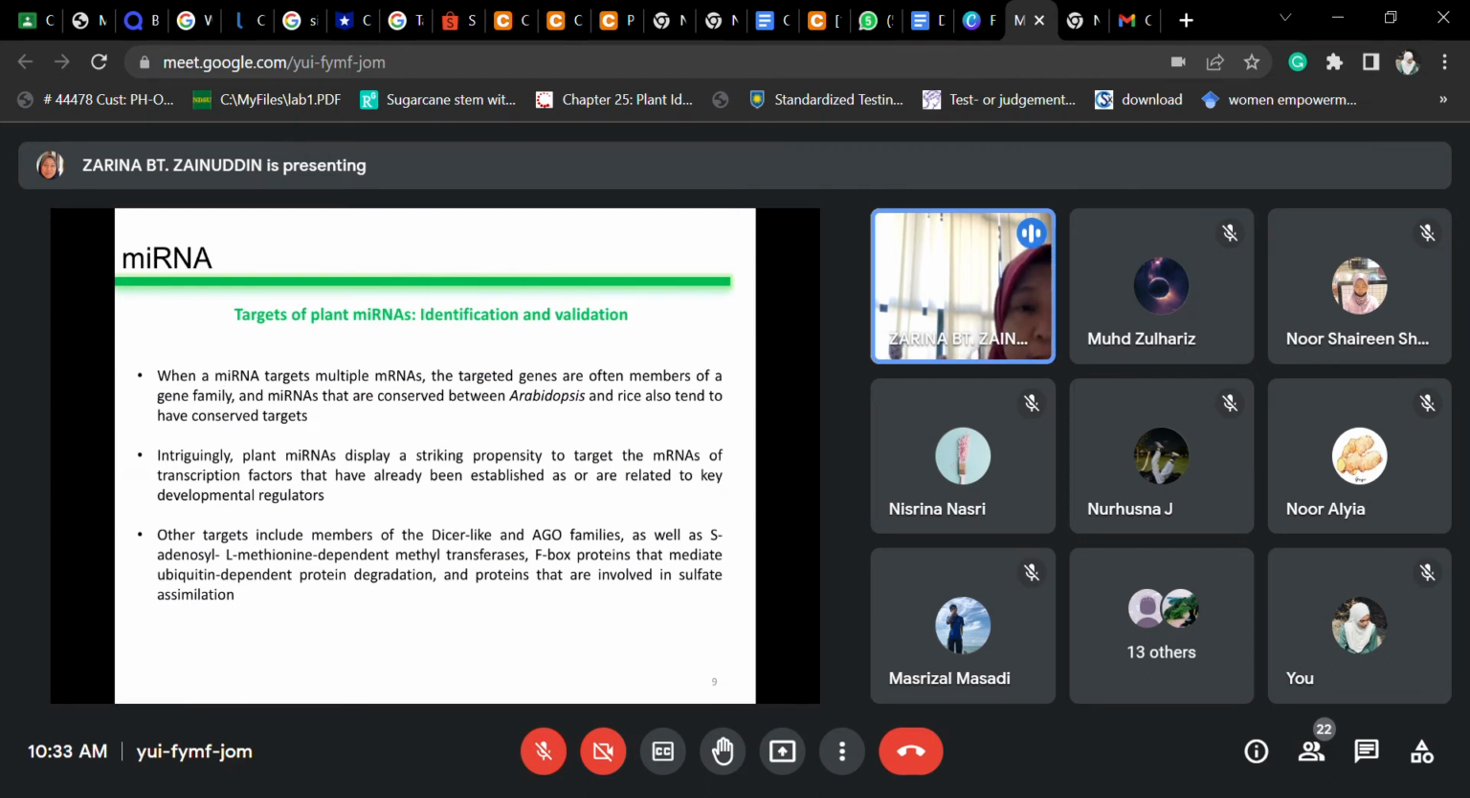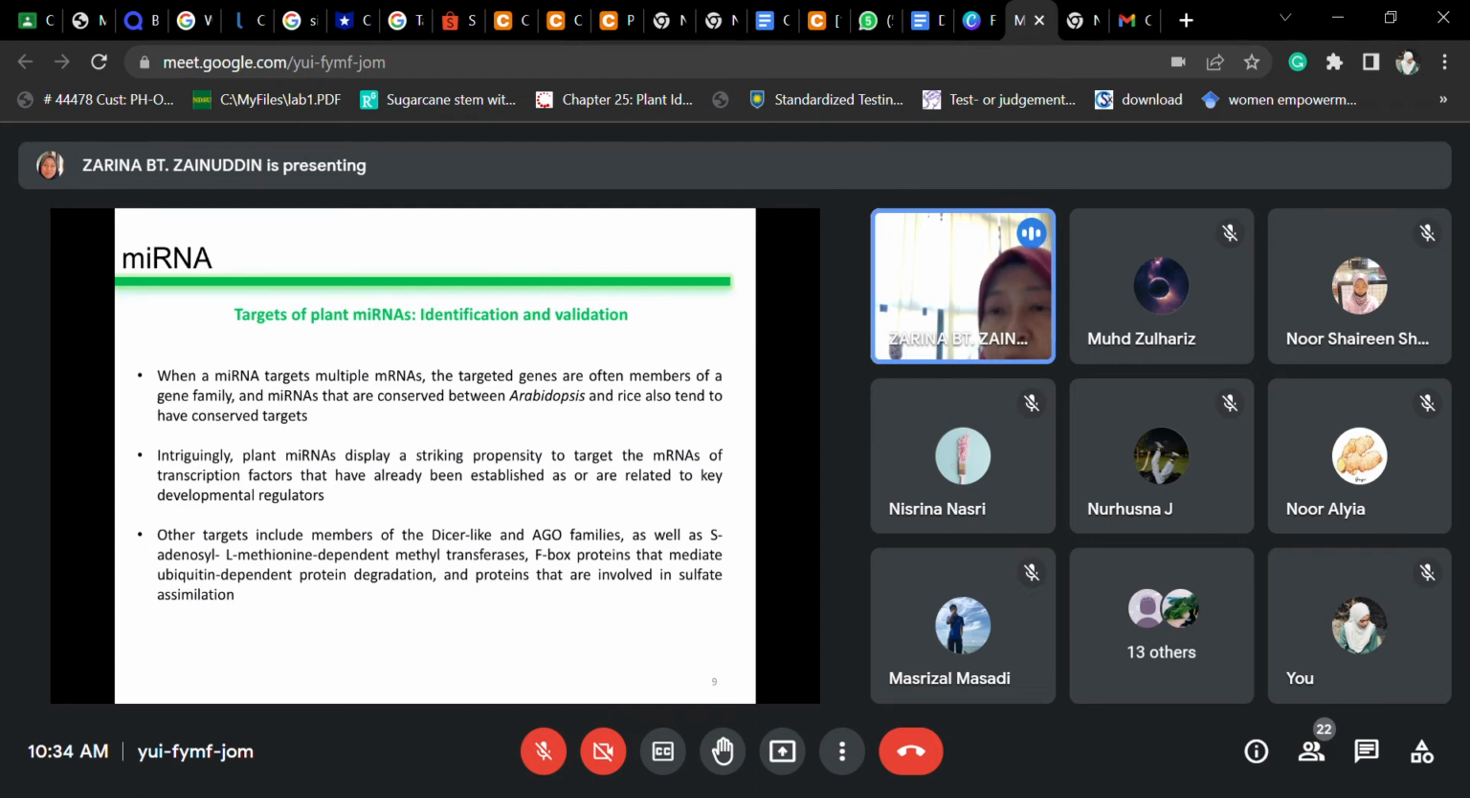So when a microRNA targets multiple mRNAs, the mRNAs that they want to regulate, the targeted genes are often members of a gene family. And microRNAs that are conserved between Arabidopsis and rice also tend to have conserved targets. So if you compare the microRNA in Arabidopsis and in rice, if these microRNAs are conserved between these two plants, they also tend to have a conserved target. The target is similar. Intriguingly, plant microRNAs display a striking propensity to target the mRNAs of transcription factors,